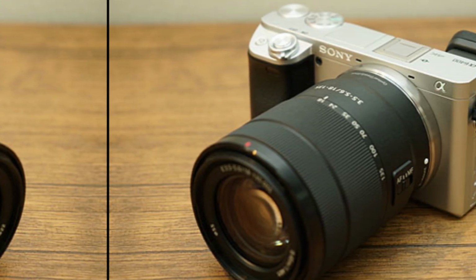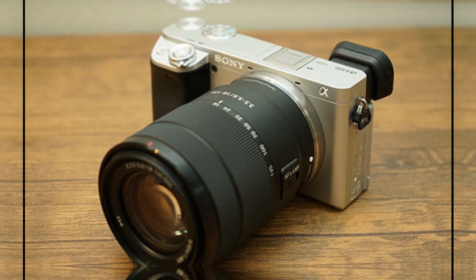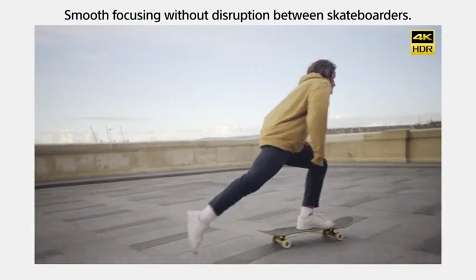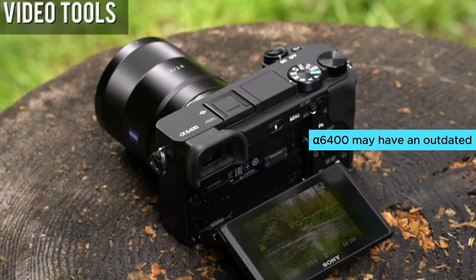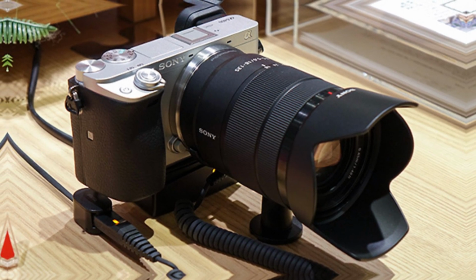Portability is another huge win, making it a versatile choice for on-the-go moments. Casual video work and vlogging are still very much within reach. Despite dated video features, it gets the job done effectively. The A6400 may have an outdated menu system and less than perfect ergonomics, but these issues are easy to overlook